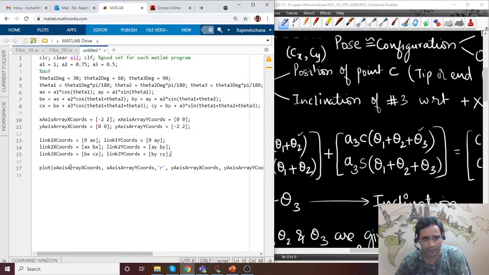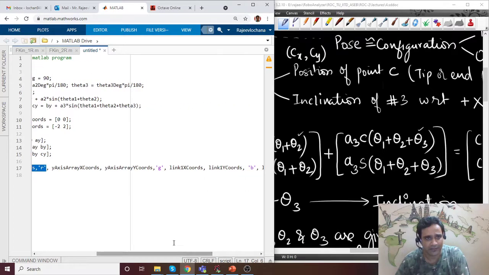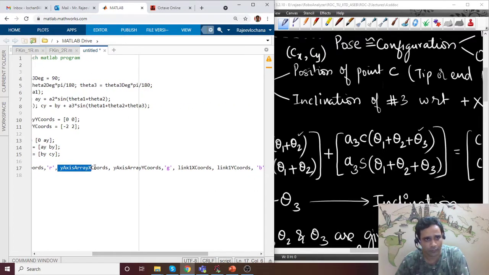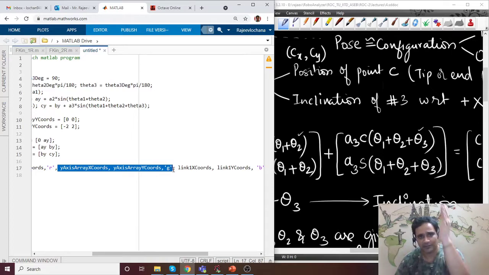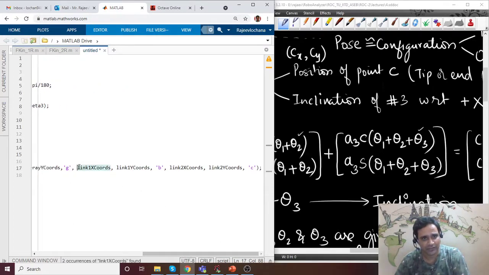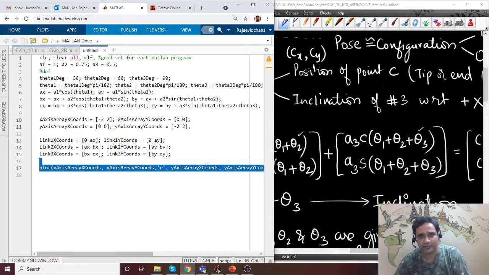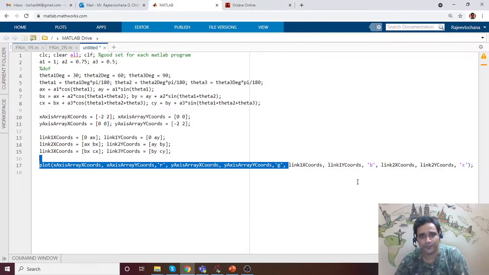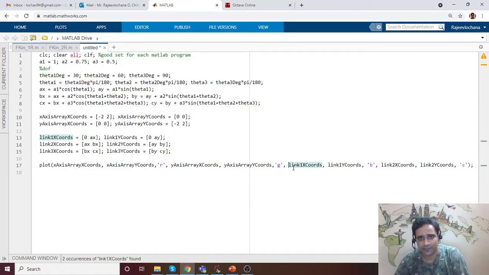We'll now try to plot it. The red color is the x axis, a horizontal line we'll draw. Then we'll draw the y coordinates, the y axis, as a green vertical line. Then we are using a blue line. Let me extend it now. We'll have blue, and then the second link in cyan color.